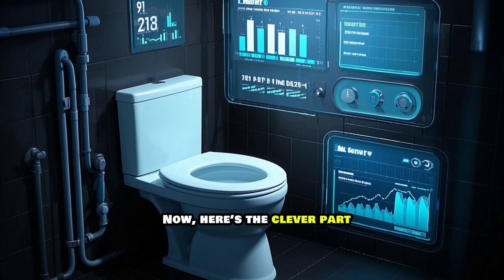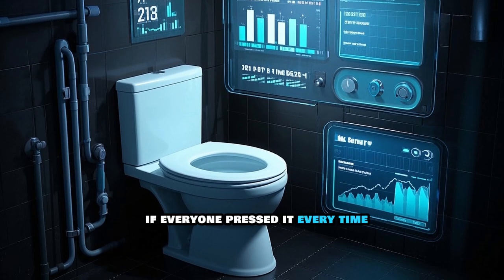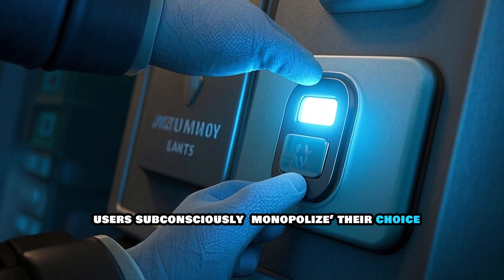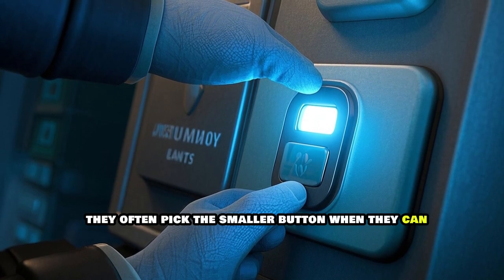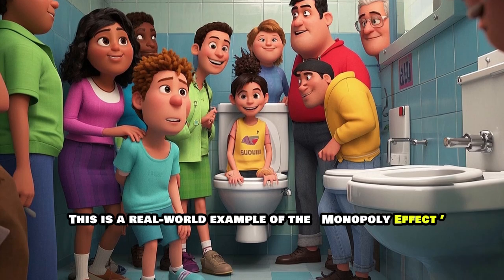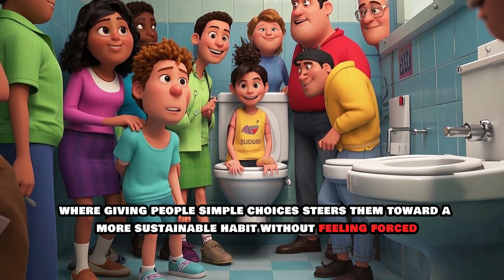Now, here's the clever part. Because the full flush uses twice the water, if everyone pressed it every time, water usage would skyrocket. But thanks to the two-button design, users subconsciously make their choice. They often pick the smaller button when they can, effectively reducing water waste. This is a real-world example of the nudge effect, where giving people simple choices steers them toward a more sustainable